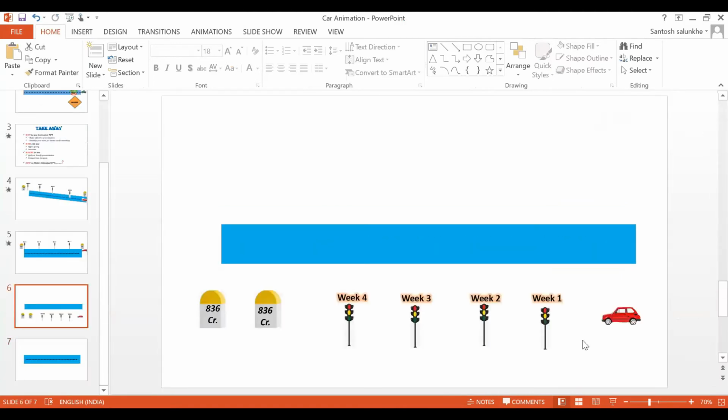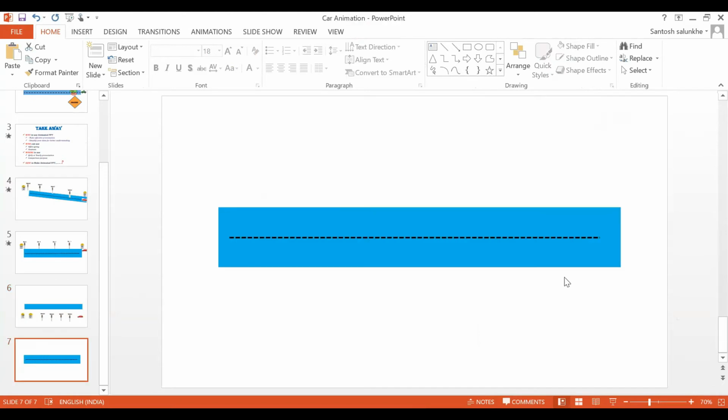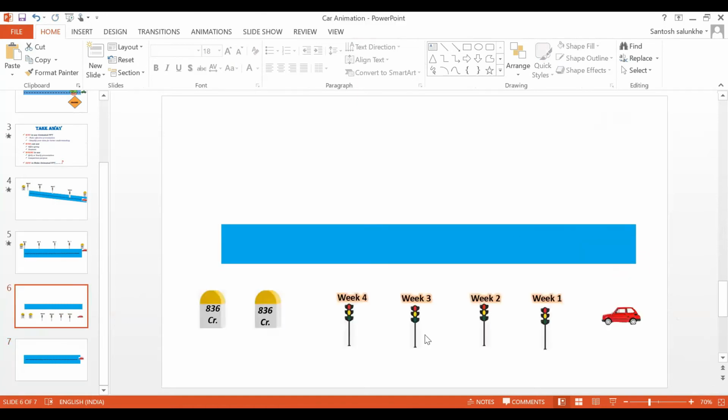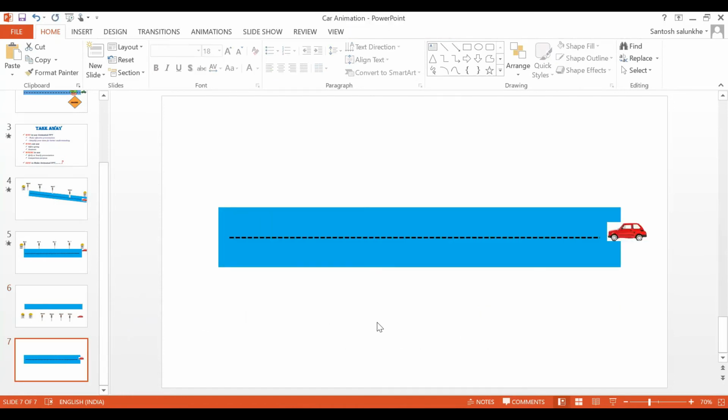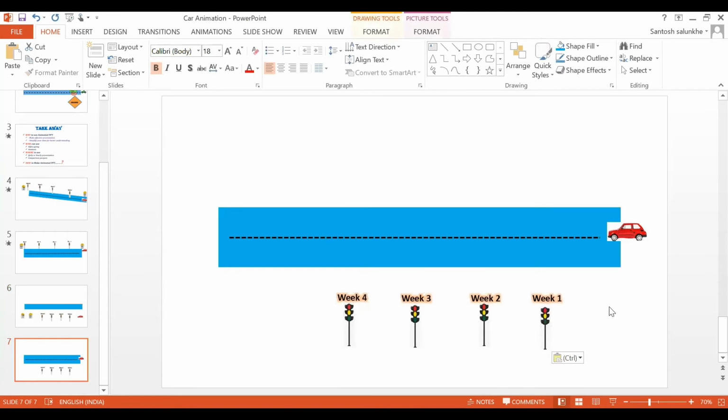Now we can select an object from Google, and by using the snipping tool we can take any design of a car. Now I have chosen this car. These are ready-made images to save time in our presentation.